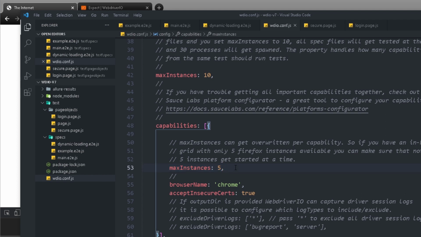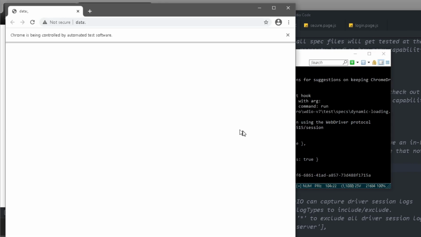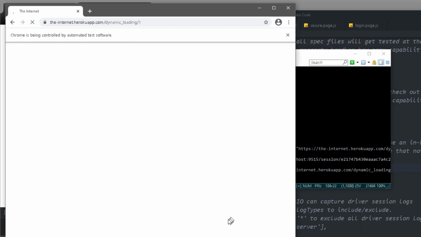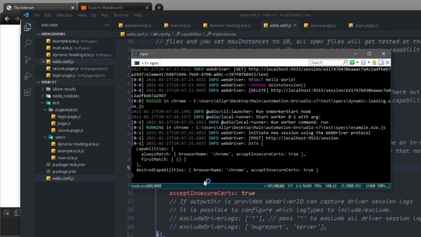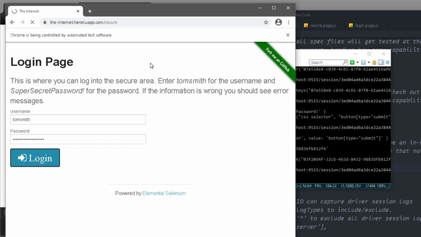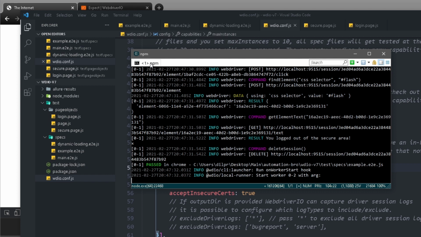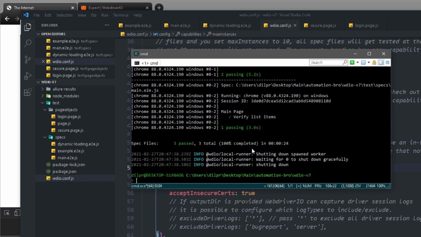Now if I change this one to, let's say, 1, and I try to run the test again, let's see what happens. So this time again, I'm running all those 3 files, but this time I'm running just this one browser. So it's going to dynamic loading first, and then it will test this one. And now it's going to open up another browser. There you go. It's going to test for this, which is my login page. It will make sure this works. Then it will open the third one, which is right here. All right, this time we ran all 3 of them, and it took 24 seconds. So slightly longer than the previous one that we did.